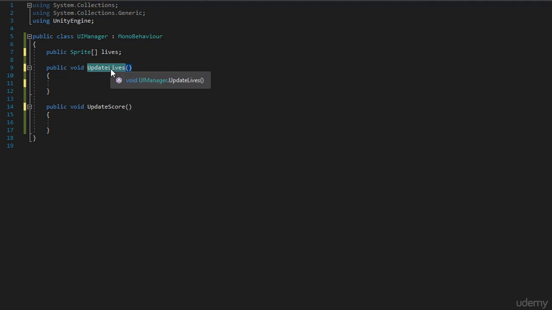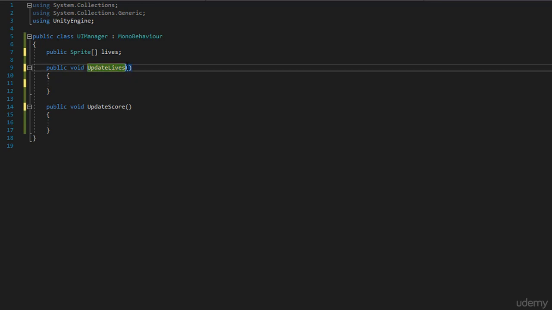So for example, when we update our score, it's going to be coming from an enemy who is sending us a message right before it destroys itself. There's no way for us to send it a message back, and if we try, we'll get a null reference error and it will crash our game. Same for our player. What if during the time that we're updating our lives, our player has been destroyed and we wanted to send a message back to the player at some point? We don't want to do that. So we just want to receive messages. But however, in order to do that, I need to know how many